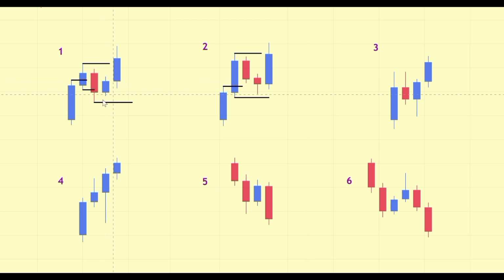Just like scenario 1, we can clearly see a break below the low, and I said the break can be by a wick or a candle close. It doesn't matter. In scenario 2, there was no break below the low, so this invalidates scenario 2 as a valid pullback. Coming up to scenario 3, we can clearly see that this bullish candle and this